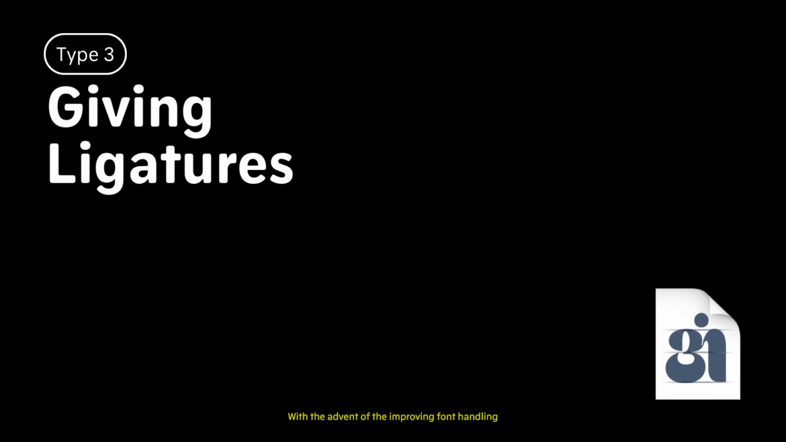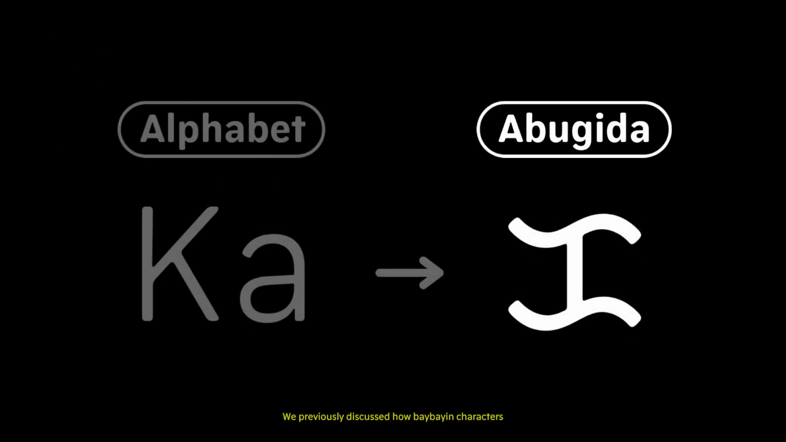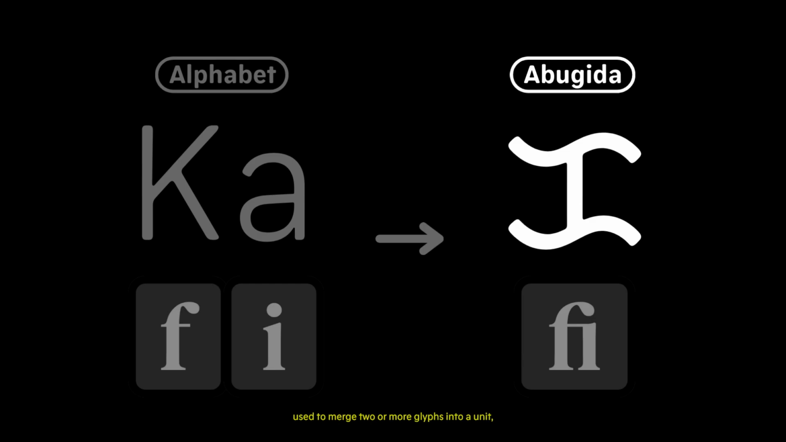With the advent of the improving font handling and OpenType support in computer programs, we witnessed the third type of Baybayin fonts, giving ligatures. We previously discussed how Baybayin characters inherently come in pairs of consonants and vowels. Ligatures, used to merge two or more glyphs into a unit, is the perfect tool to help transliterate Latin to